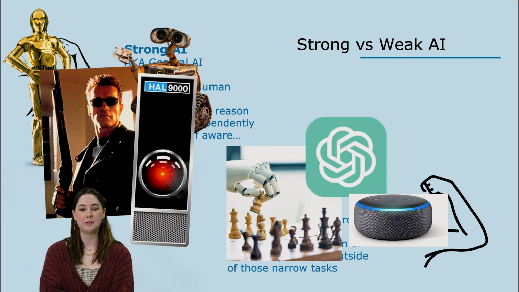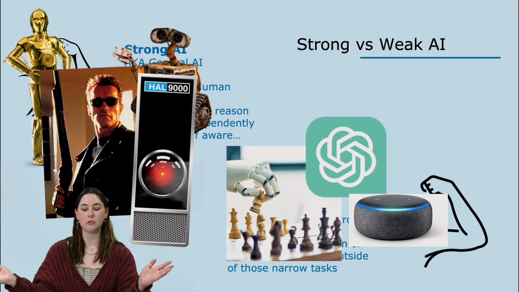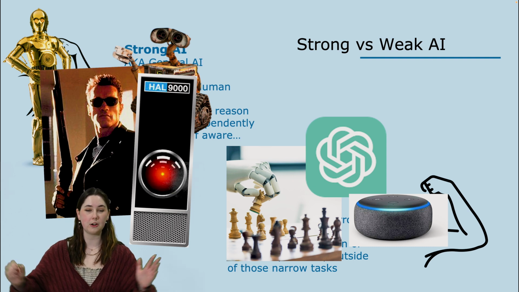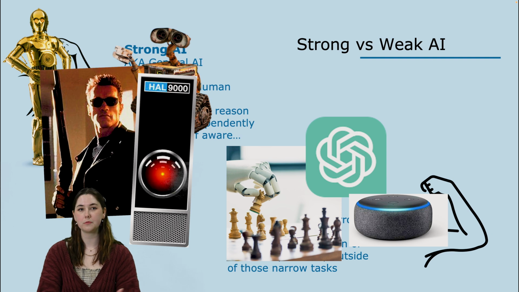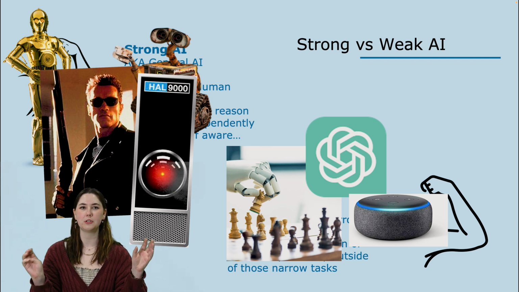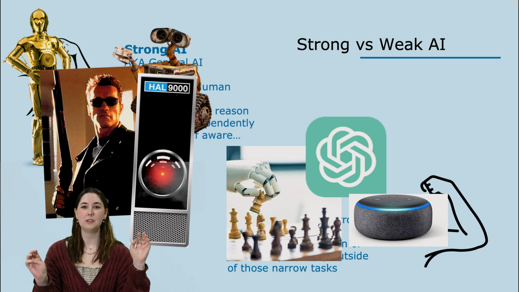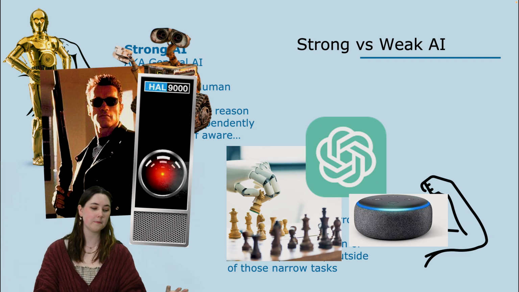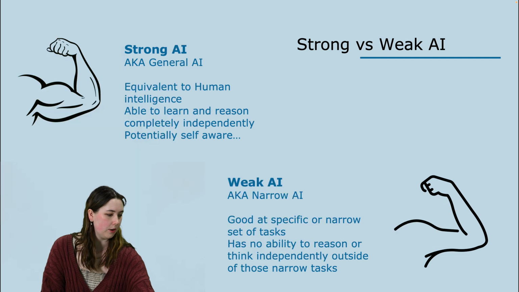But your ChatGPT doesn't actually understand everything around it. You're not going to be able to get it to reason or be self-aware. Same with the robot that plays chess. It's just able to understand the chess game. It can't actually reason in any way. So those are the two different understandings. And I think that's where a lot of miscommunication in the media comes from. ChatGPT isn't going to take over the world. It's not strong AI. It just generates text. So that's what we're going to start with.